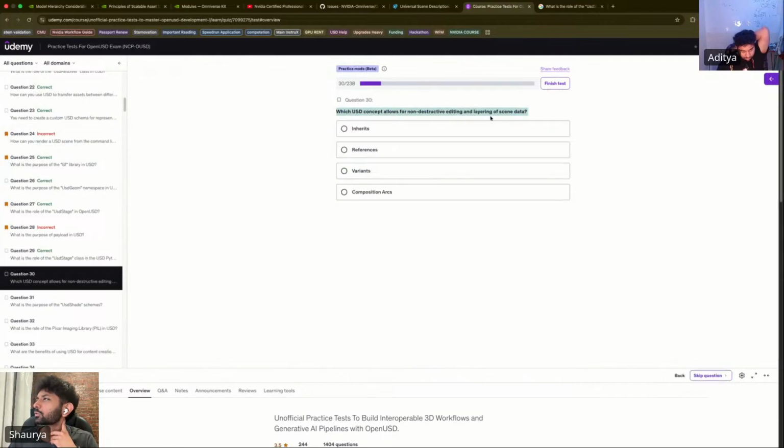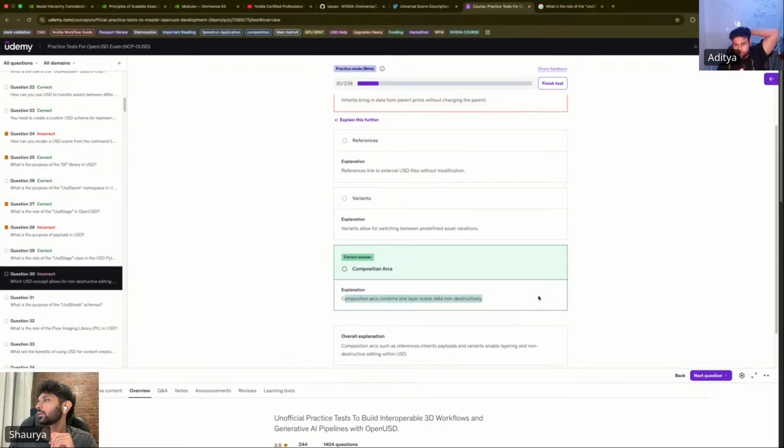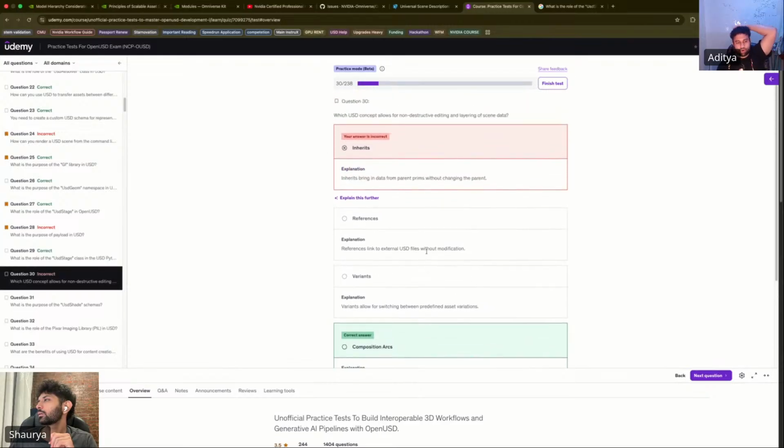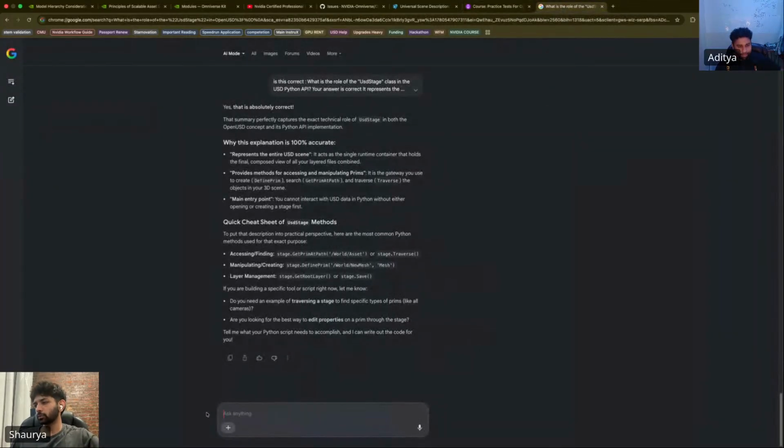Which USD concept allows for non-destructive editing and layering of scene data? Non-destructive. Okay, this is a good one. Inherits. Yeah, I was also thinking inherits. No. Composition arcs combine layers. Oh, so it gave the whole composition arcs, like all of them. I was thinking that too, composition arcs, but